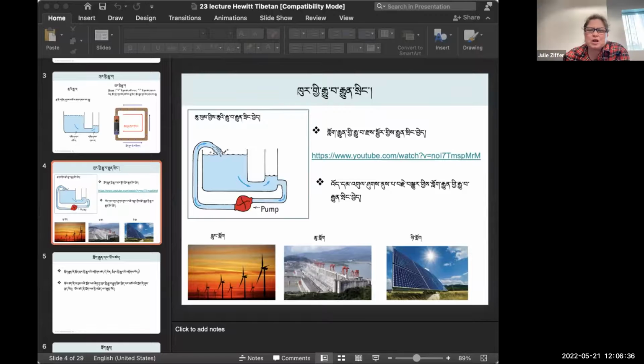Okay, so there's different ways that we can also move charges around, but we always have to have some type